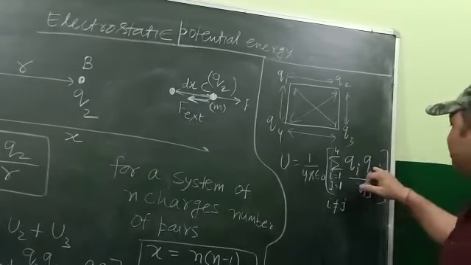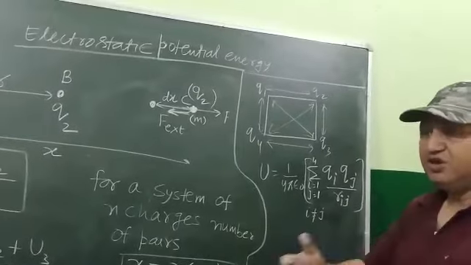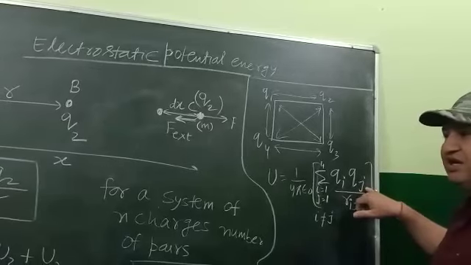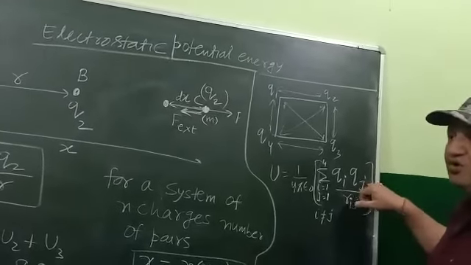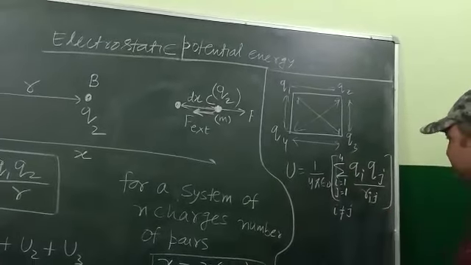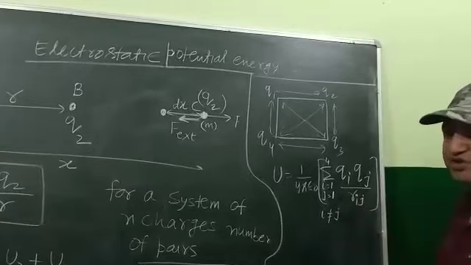You cannot have Q1 upon R11. That doesn't make sense because the charge will not exert any force on itself. So if you write over here Q1, it should be something else, maybe Q2, Q3, Q4, Q5, Q6, Q7, whatever is the possibility allowed to you by the system. Similarly, R12, R13, R14, R15, all such possibilities.